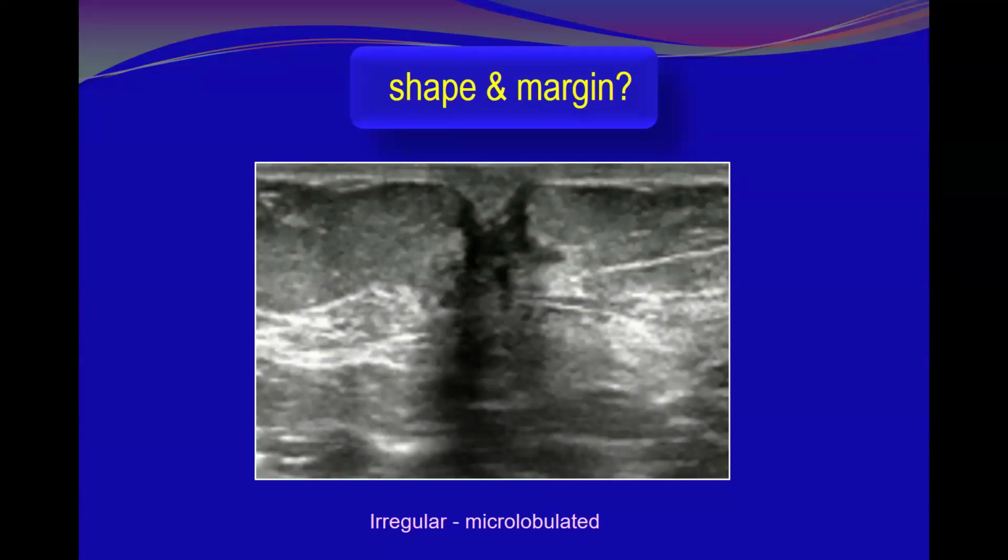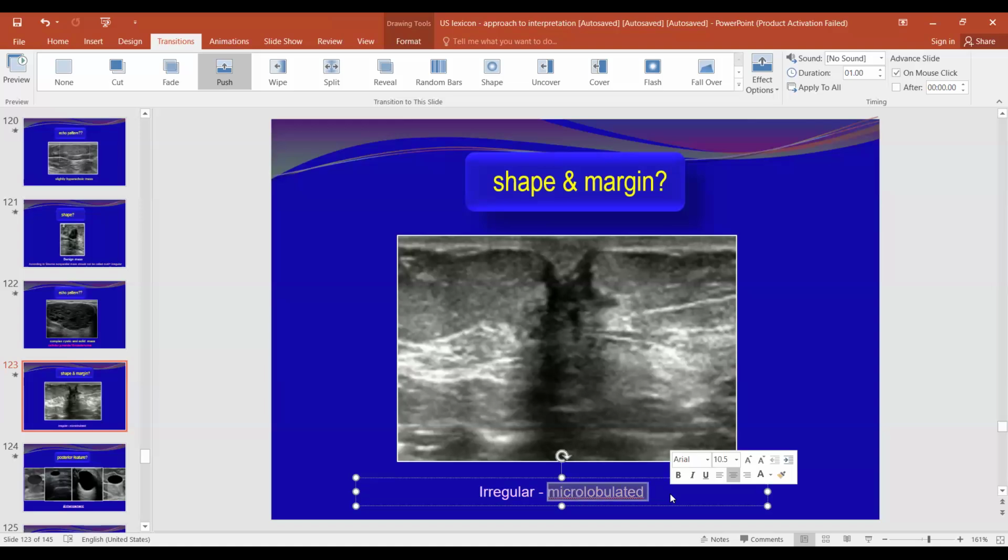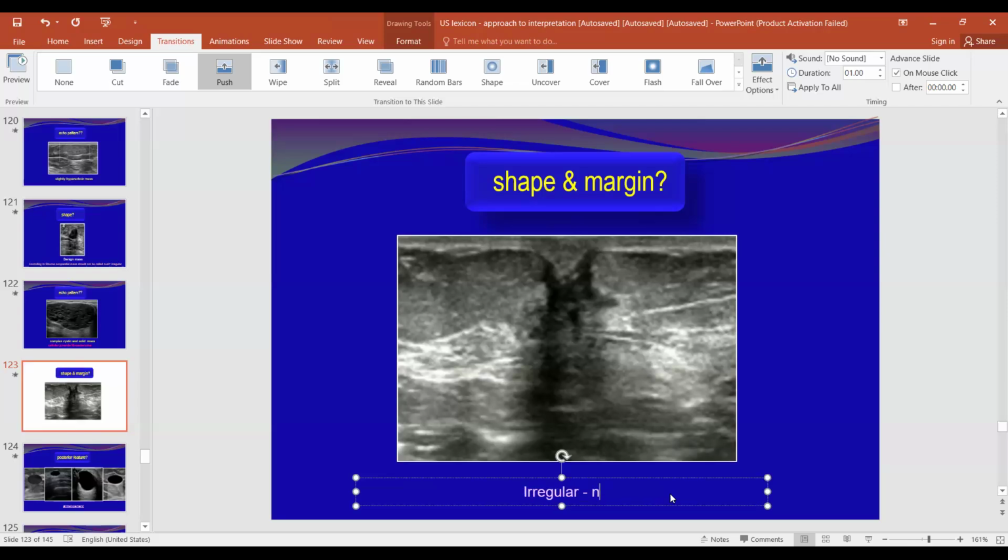Irregular shape. Angular margin, or combined margin. Combined. Yes, it is angular. I don't know why it is written here microlobulated, but it is angular. It is non-circumscribed. You see, it's non-circumscribed. Most likely I brought a copy to correct it, but I forget. Non-circumscribed. It's okay. Mainly angular.